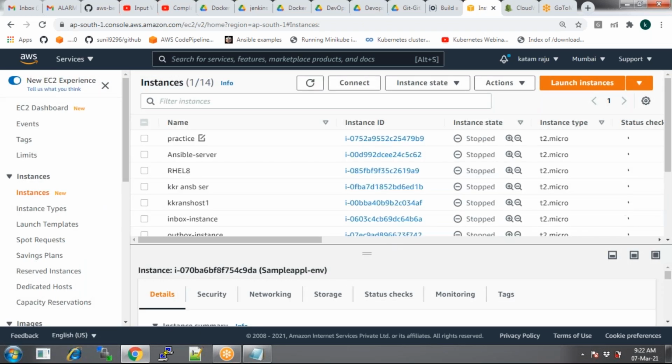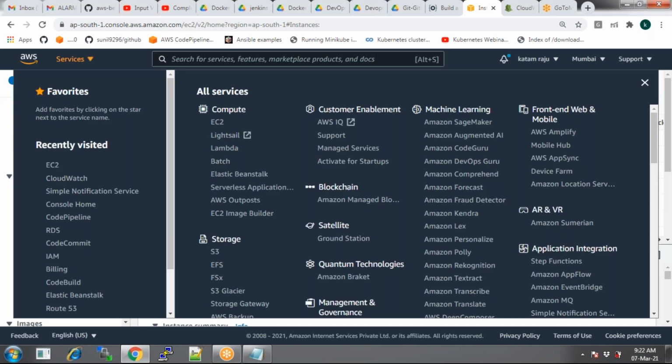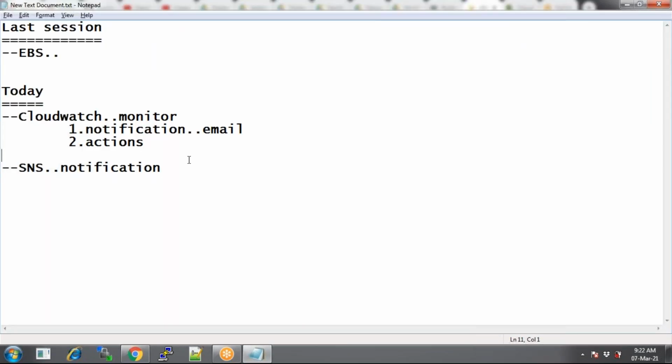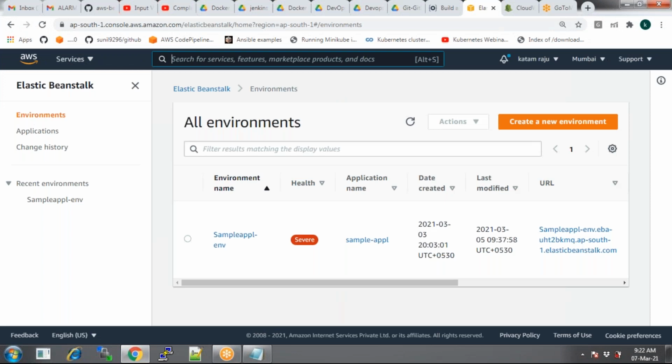So back to services again. I go with another service under compute. I select Elastic Beanstalk.